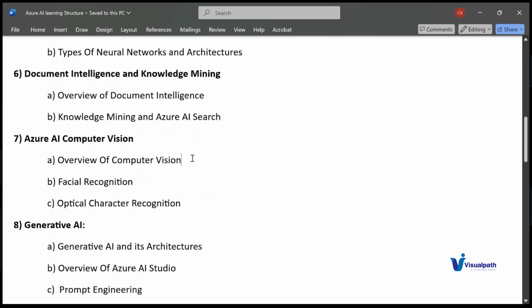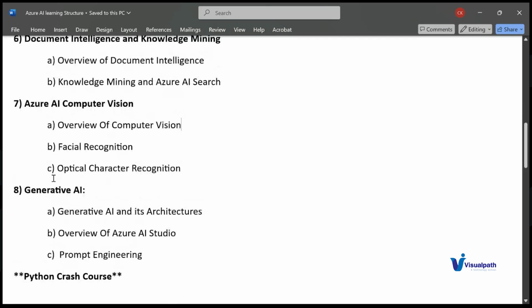And then we have the next service called computer vision. So computer vision is all about identifying the text from images, identifying the objects from images, recognizing the objects from images. So all these things will be done. During this chapter, we will cover the overview of computer vision and how facial recognition works, how OCR works, and how object recognition works. Everything we'll be discussing on computer vision, and later we'll cover what services are provided by Azure in terms of computer vision.